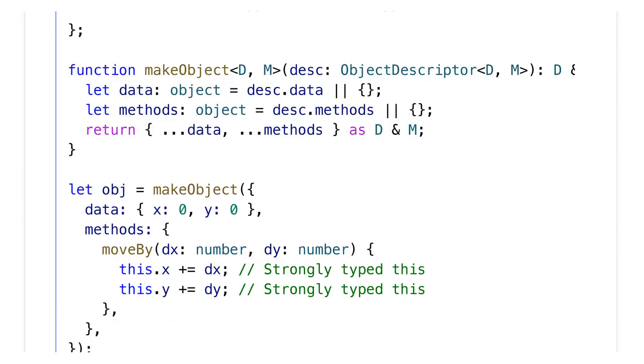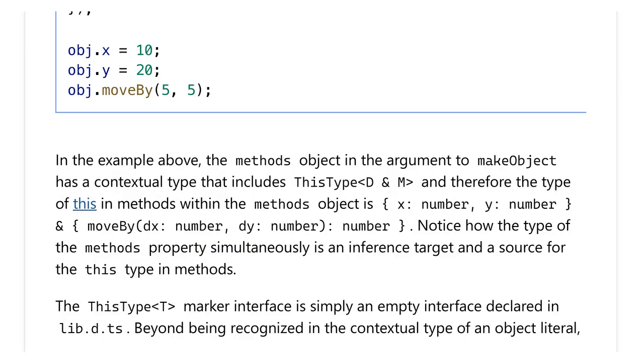function makeObject<D, M>(desc: ObjectDescriptor<D, M>): D & M { let data: object = desc.data || {}; let methods: object = desc.methods || {}; return { ...data, ...methods } as D & M; } let obj = makeObject({ data: { x: 0, y: 0 }, methods: { moveBy(dx: number, dy: number) { this.x += dx; // Strongly typed this this.y += dy; // Strongly typed this }, }, }); obj.x = 10; obj.y = 20; obj.moveBy(5, 5);